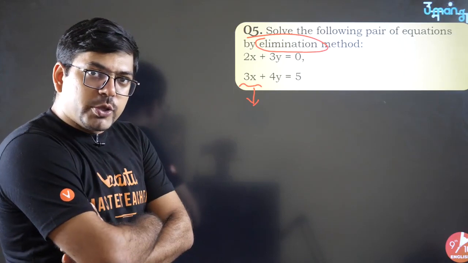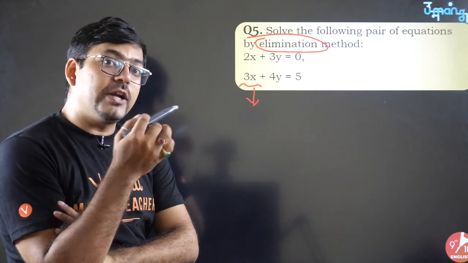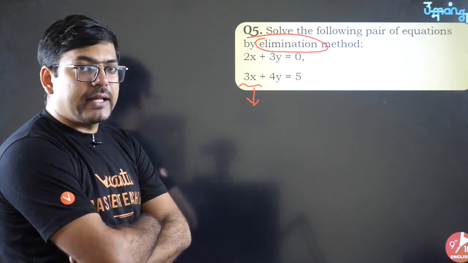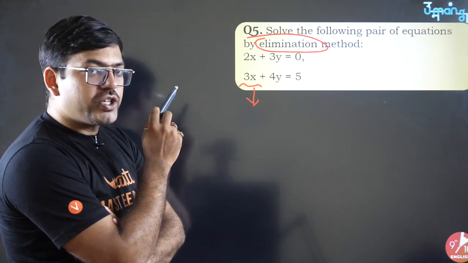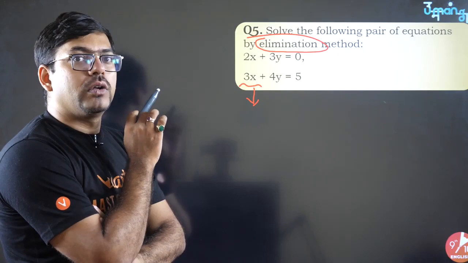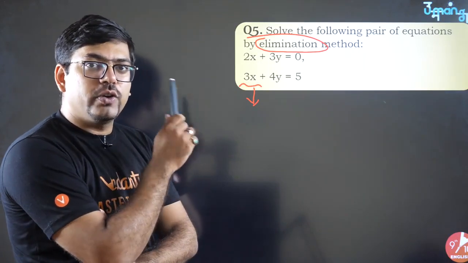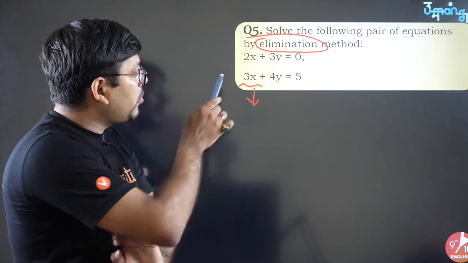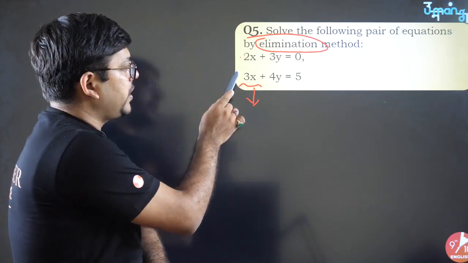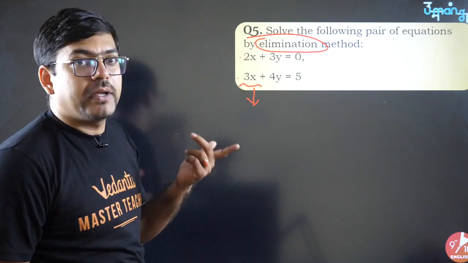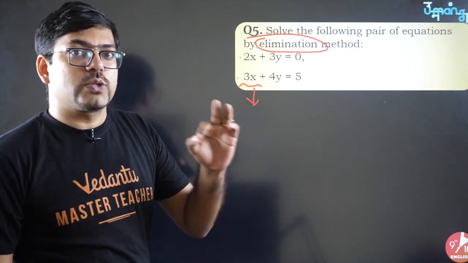So whatever variable you choose, that is up to you. Now after that you have to listen to me. You have to take care that you make the coefficients of this variable equal, whichever variable you have chosen. So I have chosen x, I have to make their coefficient equal. So if I have the coefficient as 2 here and the coefficient as 3 here, my objective is to make both of them equal. So the easiest way